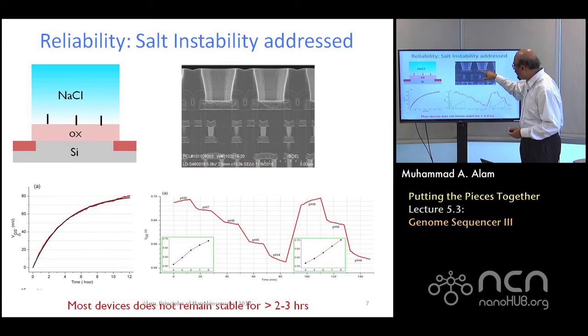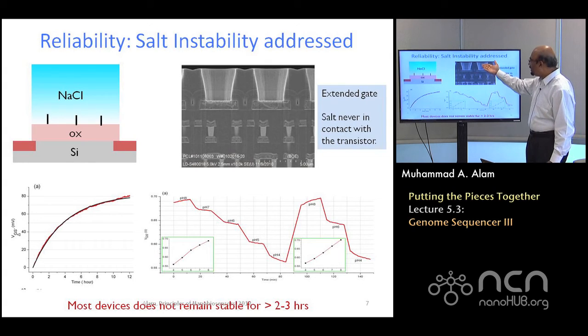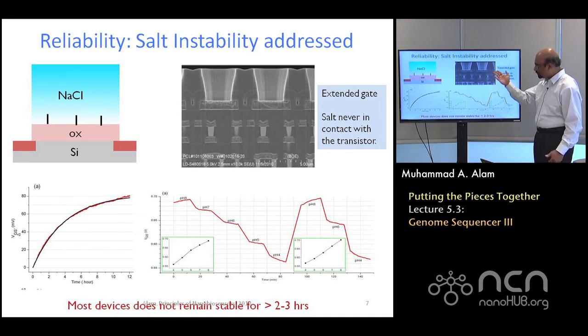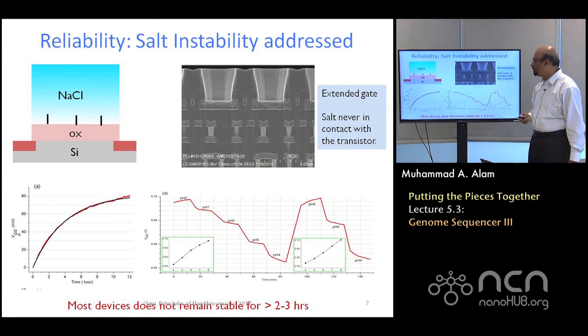The pH sensitive layer, the silicon dioxide bonds and other things, are all connected through a metal to the transistor, and this extended gate isolates the salt from the transistor, which is very sensitive to salt degradation. There's no diffusion between the two. The electrical connection is there, but the salt cannot come through. Therefore, this allows the reliability of the transistor underneath. A classic problem of ISFET is thereby solved.